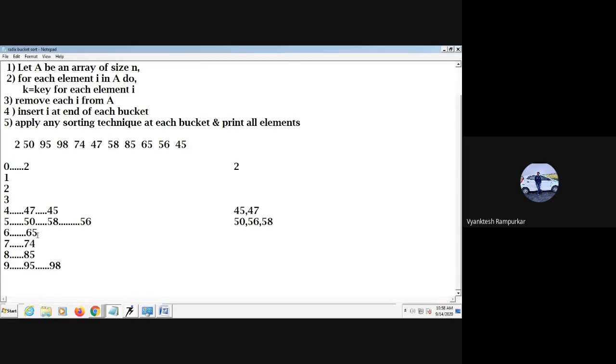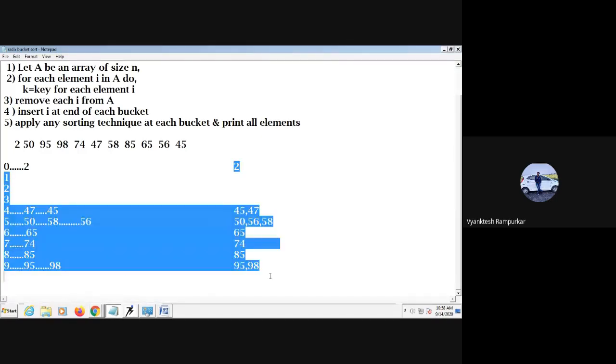Then 65 stays as it is, 74 stays as it is, 85 stays as it is, and 95, 98 are already in sorted order. Finally we print this entire list.